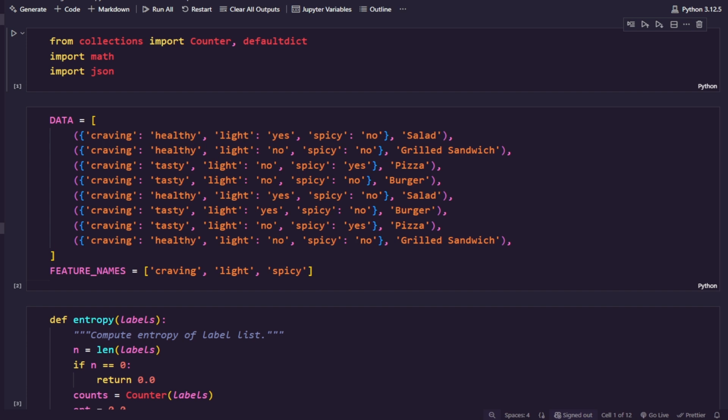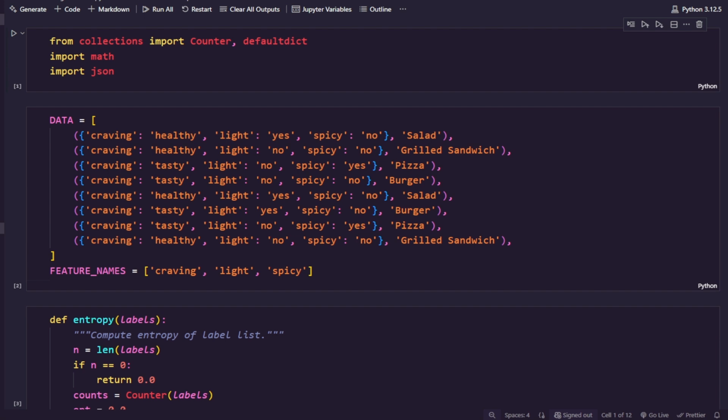In our last video, we discussed what a decision tree is, how it works, and how we build it using entropy and Gini index. And today, it's time to bring that theory to life. We will implement our decision tree step by step and even visualize how it makes decisions in real time. Let's get started.